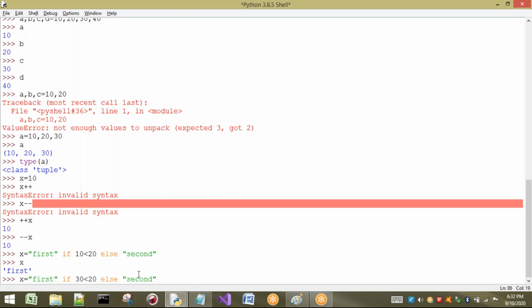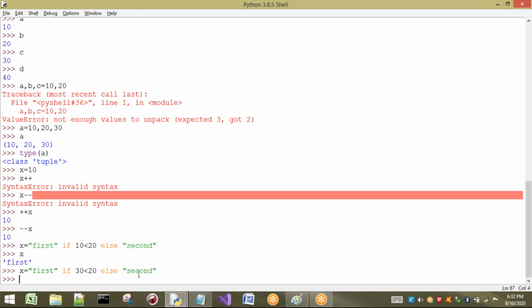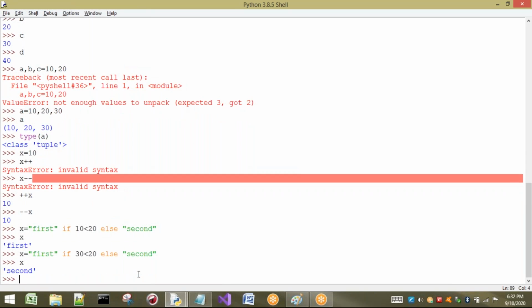Now let us execute this one. Now let us see what is the x value that is present here. Okay, that is nothing but second. So don't worry, I will write a small program to find the minimum value of two numbers by using this ternary operator. Right. So see here, I don't want to use any input now. After completing all these operators, I am going to show you input and output operators in Python.